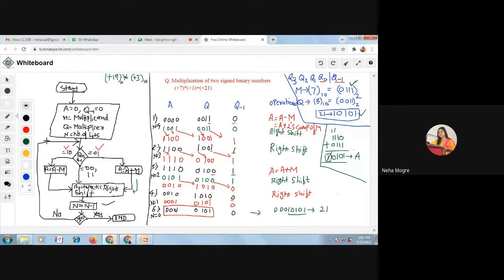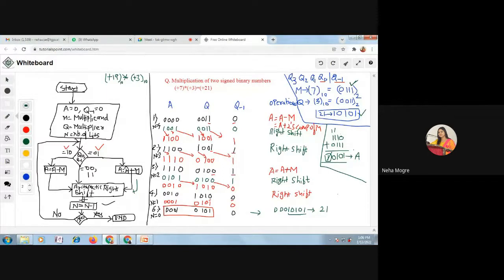See, that is the basic advantage of Booth's algorithm. You just need to remember this particular flowchart, and the flowchart is not that difficult. Is the flowchart that difficult? No, ma'am. It is not at all difficult. These steps are very clearly mentioned. When it is 00 or 11, go for the arithmetic right shift. When it is 10 or 01, either you go for the subtraction of the multiplicand from the accumulator, or you go for the addition of the multiplicand to the accumulator, and perform the right shift and decrement the value.